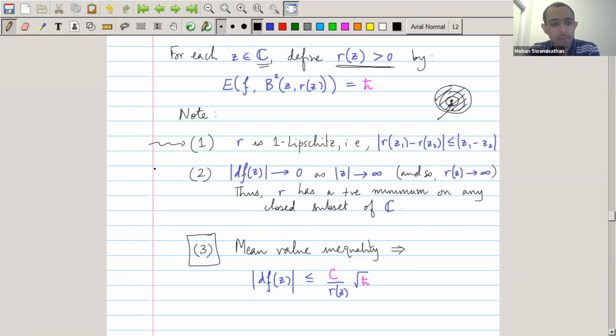And two other properties, which I will skip in the interest of time, just say that R is a continuous function and it has the property that it has a positive minimum on every closed subset of C. And this is basically because R goes off to infinity as Z goes to infinity. So in particular, it has a positive minimum on every closed set. Okay, so now,